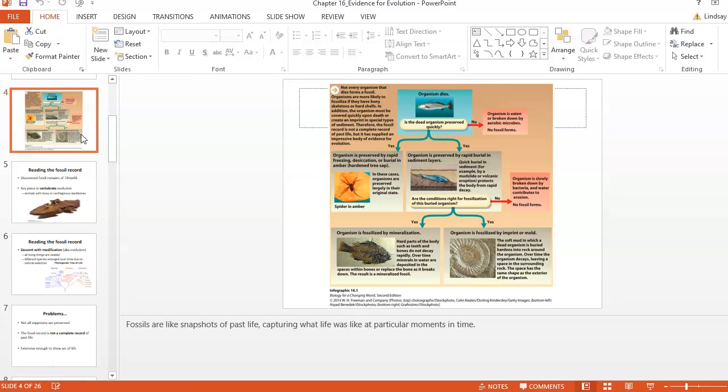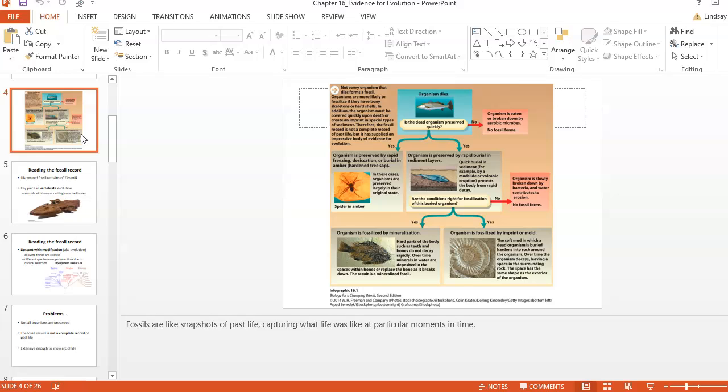So the fossil record just gives you a window into how some of those changes that are huge, they're drastic, but they tended to occur more gradually over time. And so you tend to find a lot of fossils that show you the pathway and the progression of one species changing over time into new species.